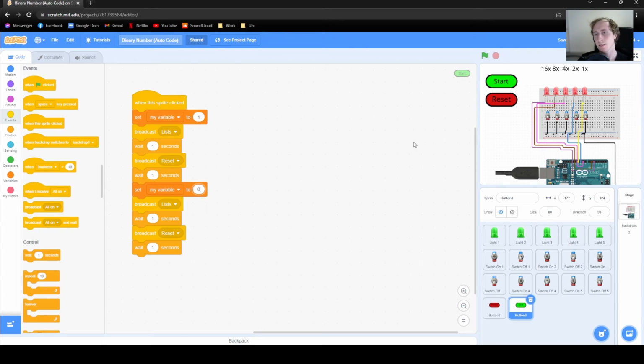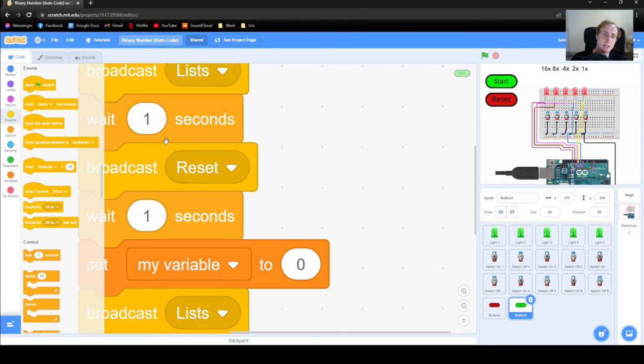Okay, so let's see if this works. What are we expecting to see? Something that you should think about while you're coding, okay? What are you expecting to see? If you expect to see something and it doesn't happen, then you've done something wrong. It's time to go back and make sure it looks exactly,